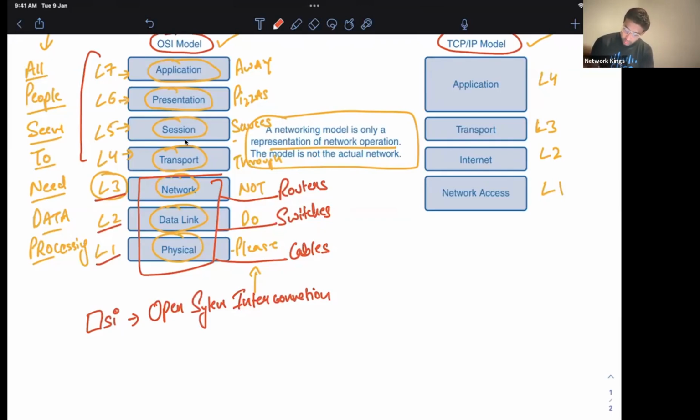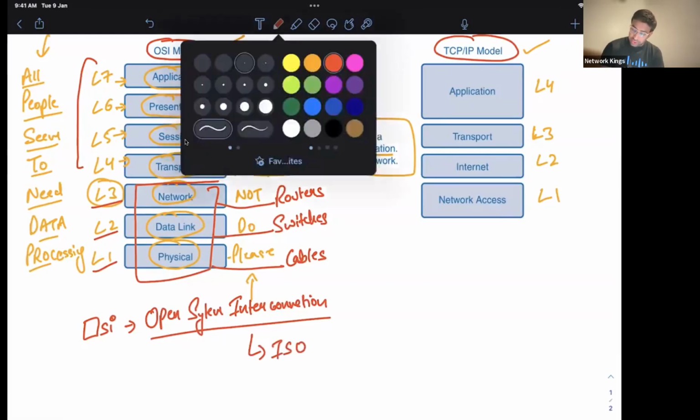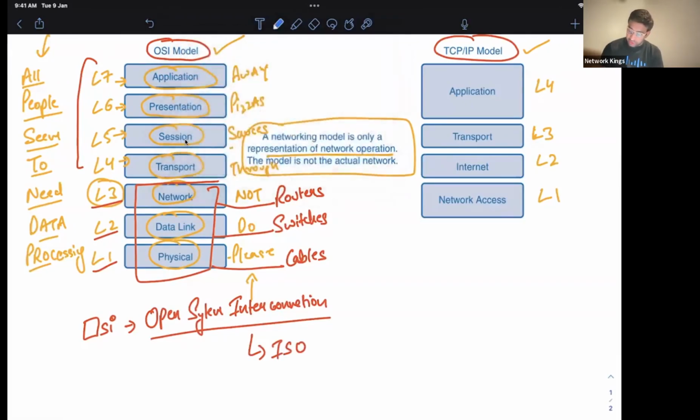So OSI stands for Open System Interconnection. Why was it created? So that everyone will follow some standard. Basically, OSI was made by ISO, which is the International